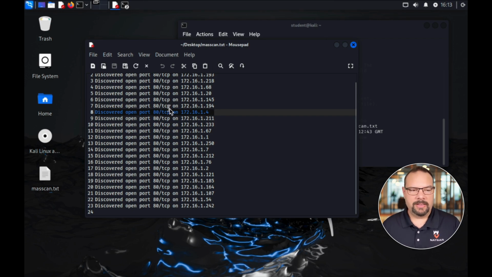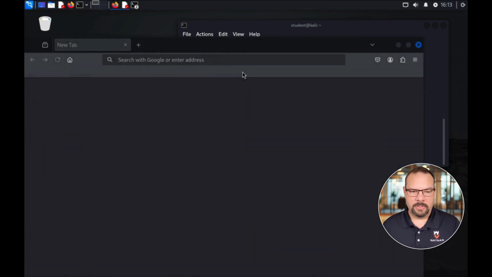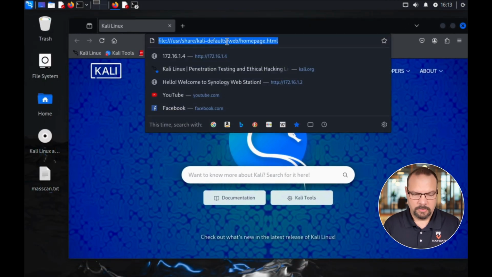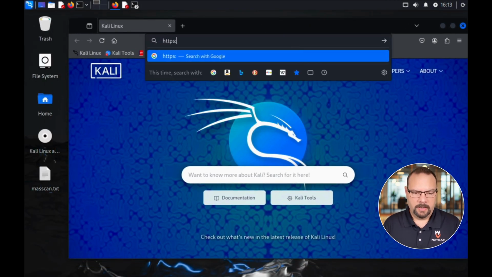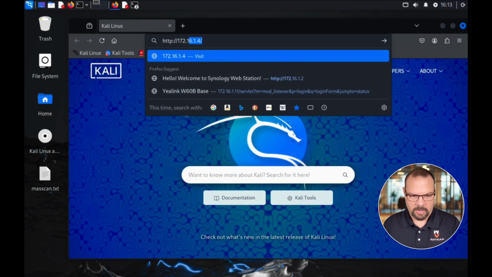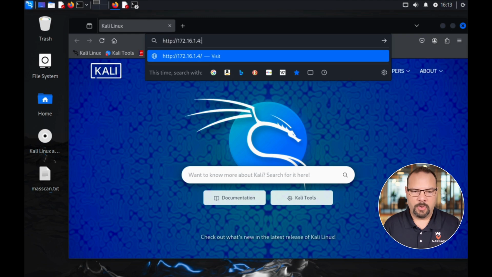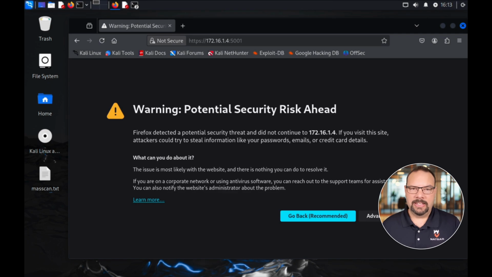So one way to check that quickly is I'm just going to open a browser. So I open Firefox, and I'm going to go to http://172.16.1.4, and I'm going to specify with :80 that I want this to go out on port 80. If I don't do that, it could redirect to another port. It may still do that, but this is just a safe way to say I want to connect on port 80. So I hit enter. It did in fact redirect me to HTTPS and port 5001, but that does mean it's listening on 80,